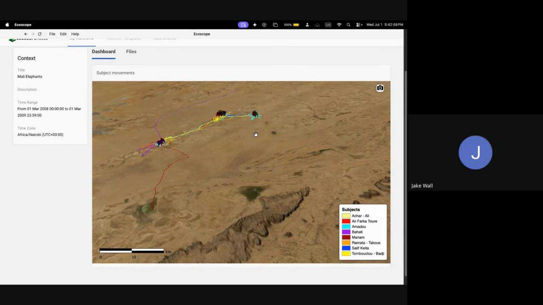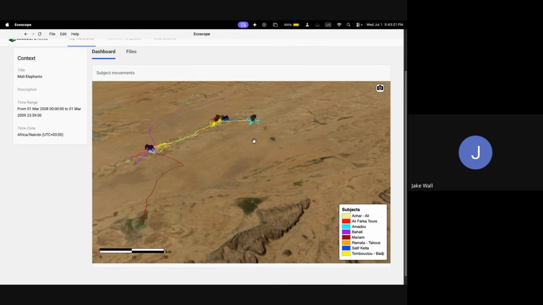So if you can find a 3D model of your subject somewhere on the internet, you can substitute it, obviously, from the elephant, but